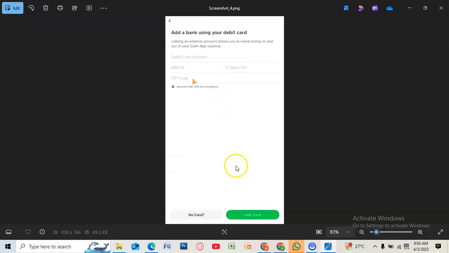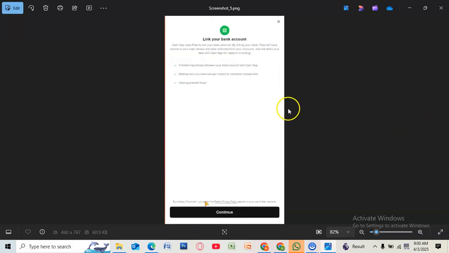Then EBT card is a debit card, so put your information here, the card number, date, CVV and zip code. If it doesn't work, then tap on no card, then